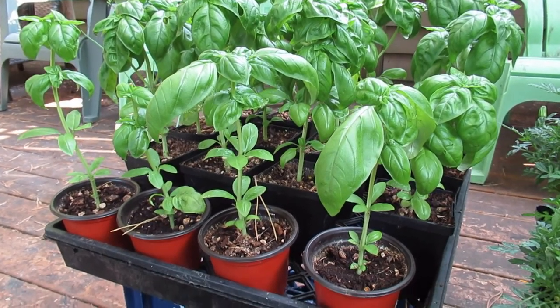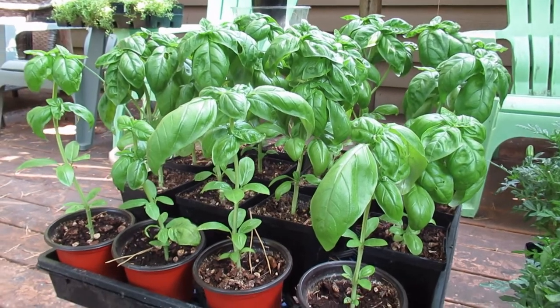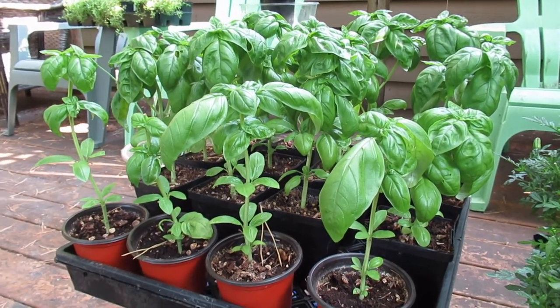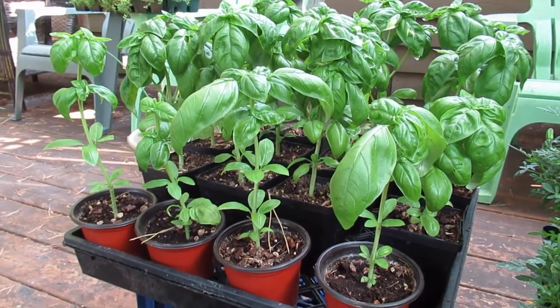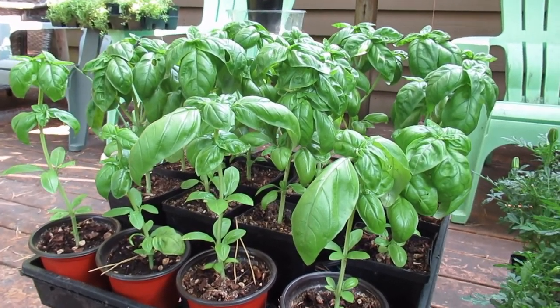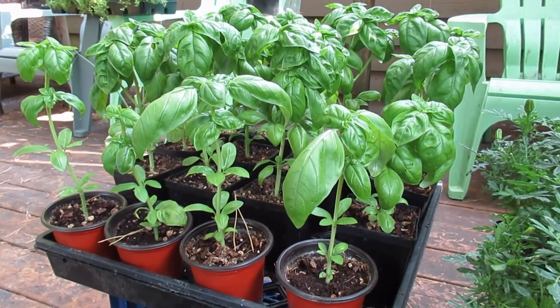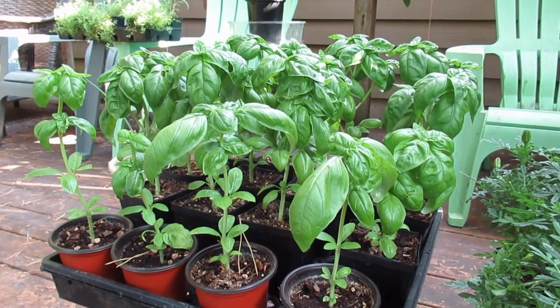I would like to get them into the ground, but I don't have a spot for them. So I've just been good about watering them and giving them fish emulsion every now and then. And I've just been making the best of it. Maybe I'll slip a picture in of some of the dried basil that I have going. And yeah, so